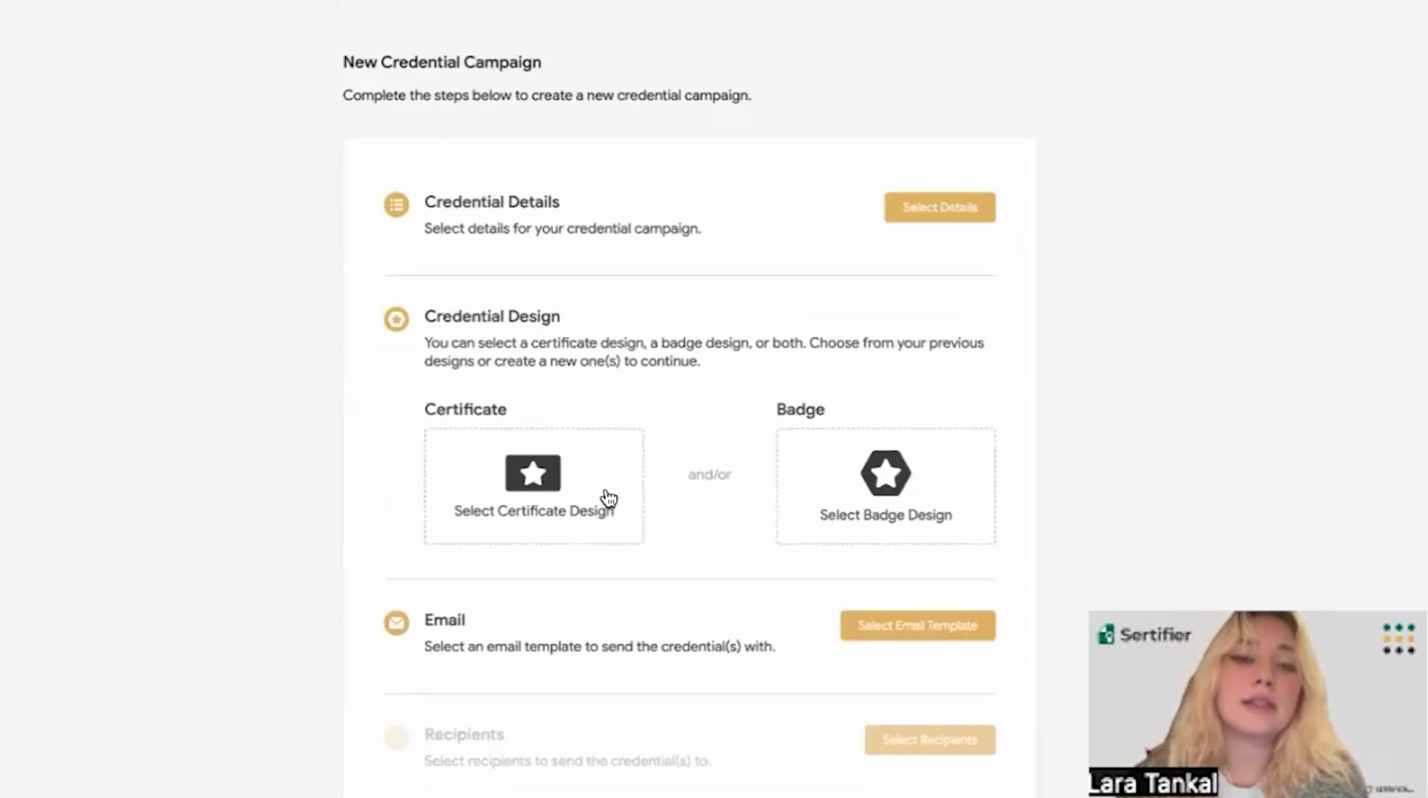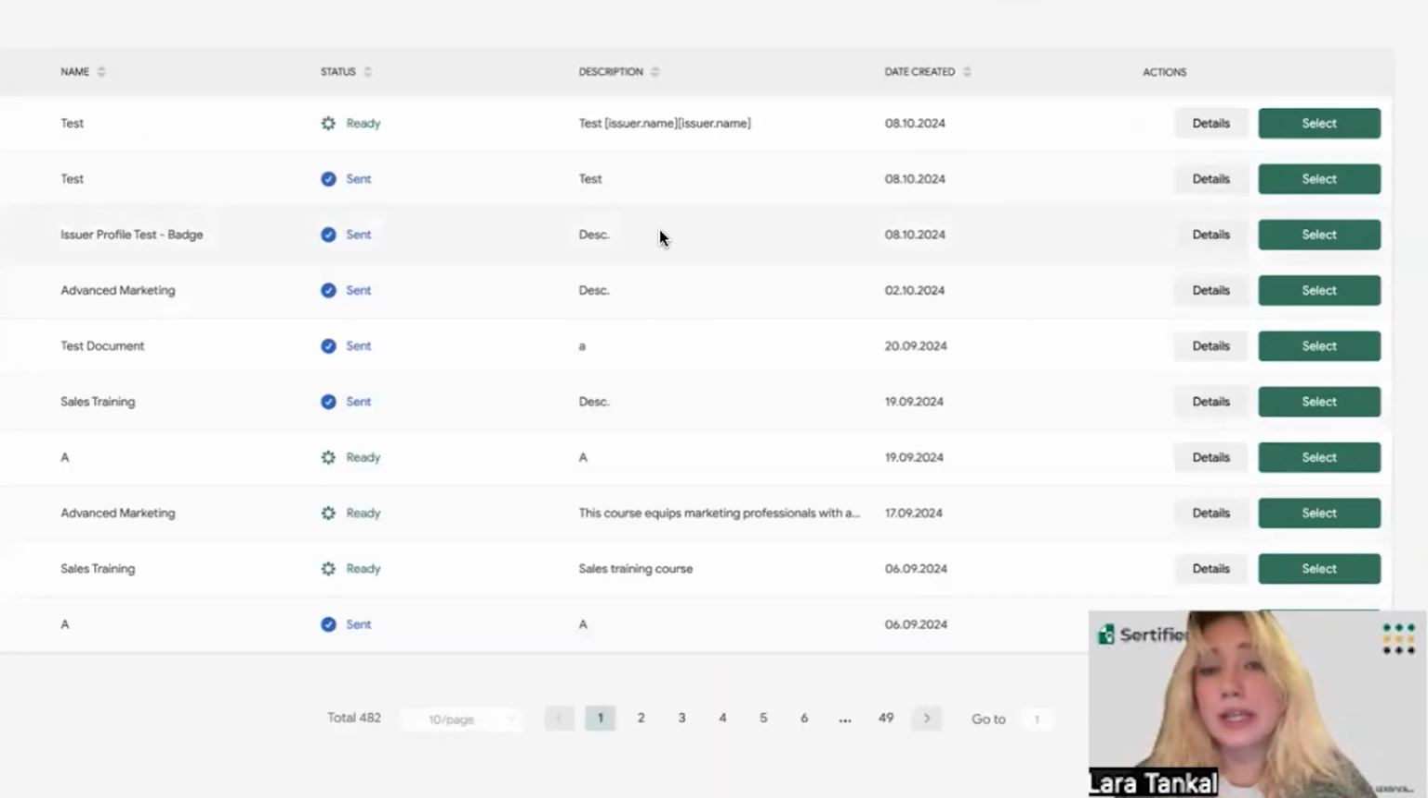So this is just an easier way to start creating your credential campaign, because all of the necessary details and elements that you have to create are just right in front of you within this page. So the first element that we have to create is the credential details. All of these details will be visible within the credential page. So all of the information that you want to be displayed apart from the credential design,